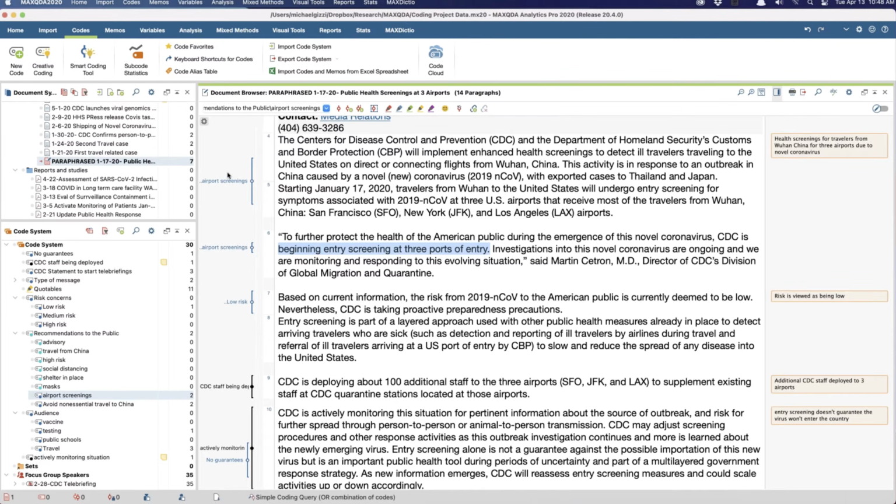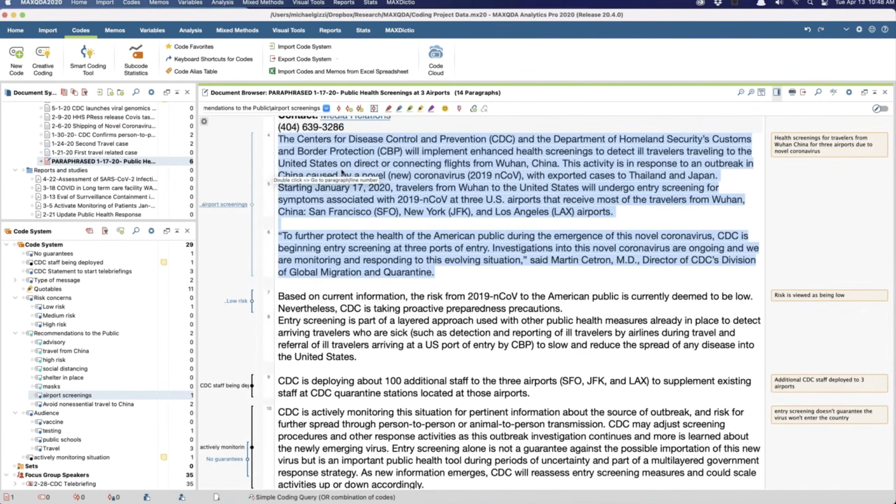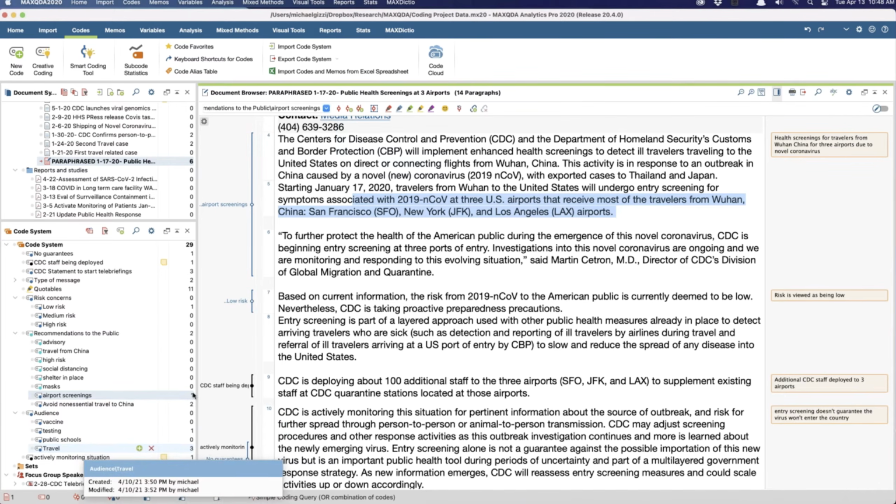Now you notice I've got these two identical codes that are in the same spot. Let's watch this. If I select each of these and click it, now what's happened? Now it just becomes one coded segment. So MAXQDA is pretty good at that. But if there was another code in there, that would still remain coded. Hopefully this is helping you.